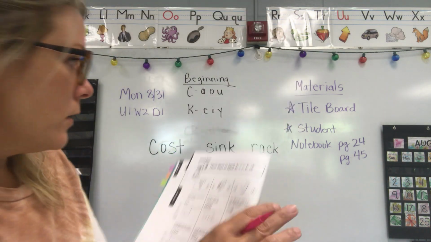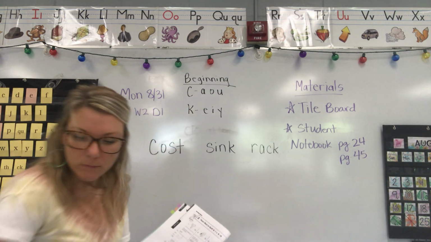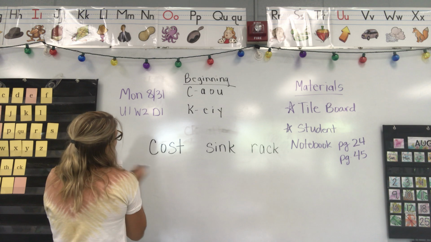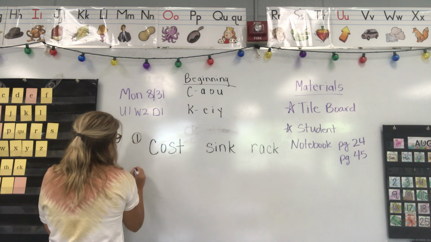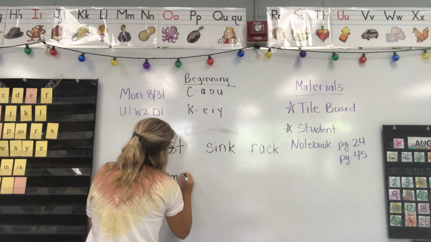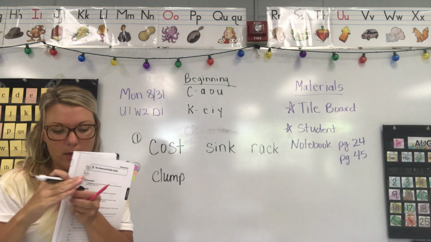Okay, next one. Oh, I guess I can write it. This is our first row. Okay, this is our second row. Clump. Okay, and then